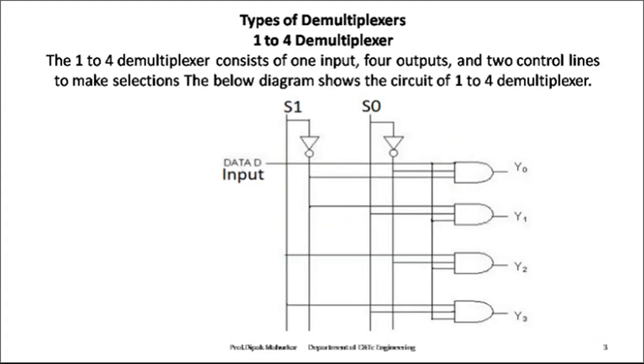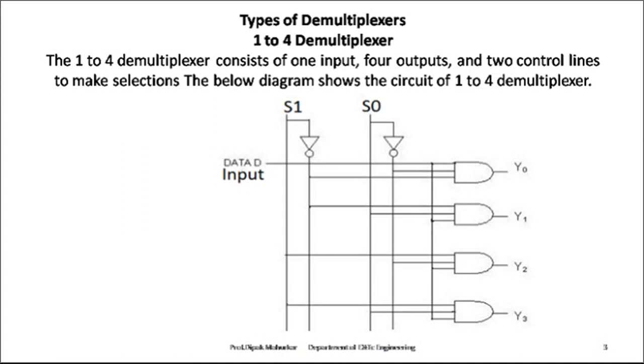Now if you see the logic diagram, this logic diagram will be used by referring to the data input, outputs Y0, Y1, Y2 and Y3, and the 2 select lines S0 and S1. An inverter is connected, meaning here is S1 bar and here is S0 bar. For a 1 we connect here, and for a 0 we connect at the output of the inverter. If S1 is 1, at that time we connect here; S1 bar means 0, so you can connect here.